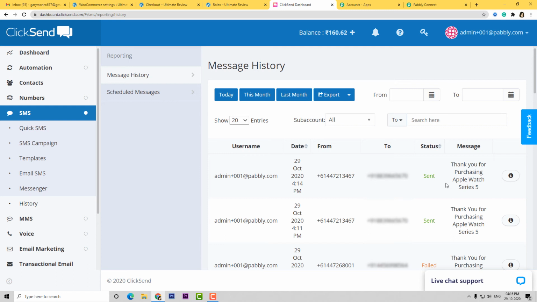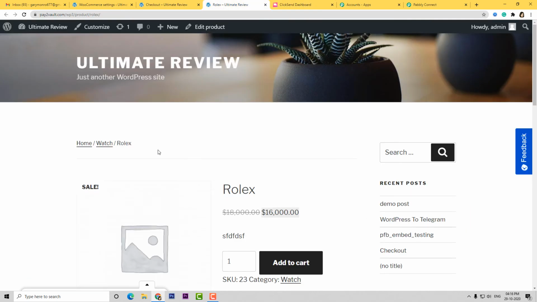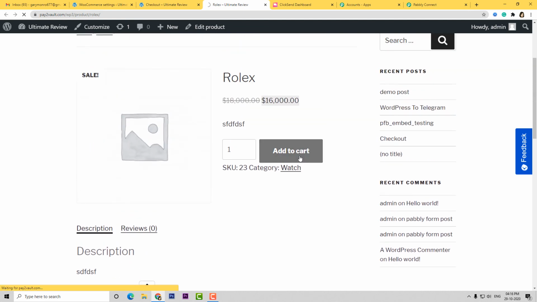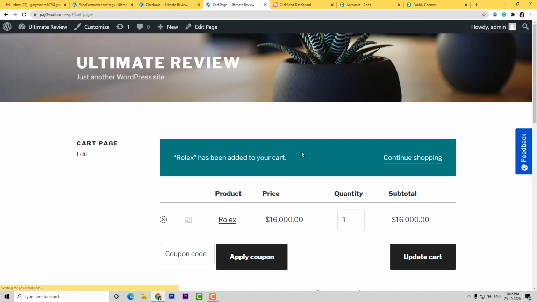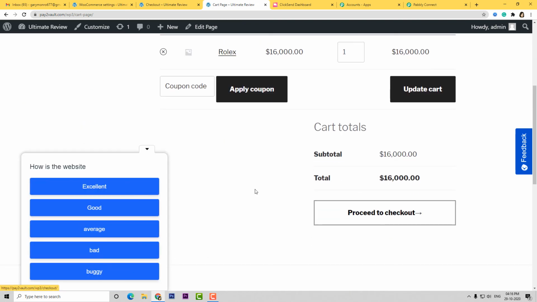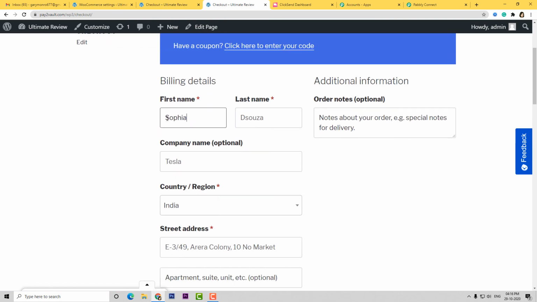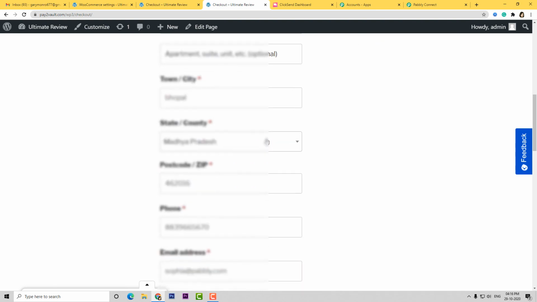So now what I'm going to do is I'll again go to WooCommerce and I'm going to buy a different product this time. So let me go here. So I've already added this here. Okay, so let us buy this. So I've done add to cart. Okay, proceed to checkout. Okay, so now let me enter different details this time. Tiara, Stephen. Okay, rest I'll just leave it as it is.